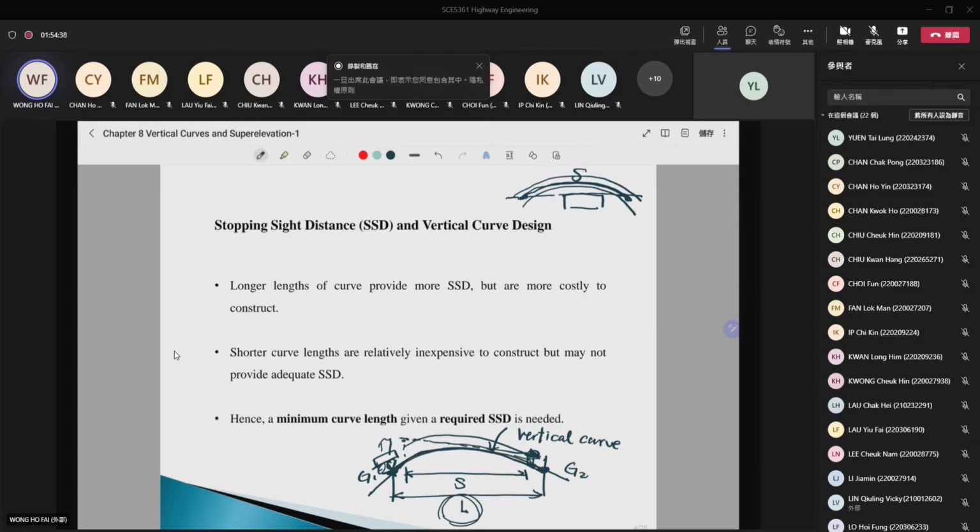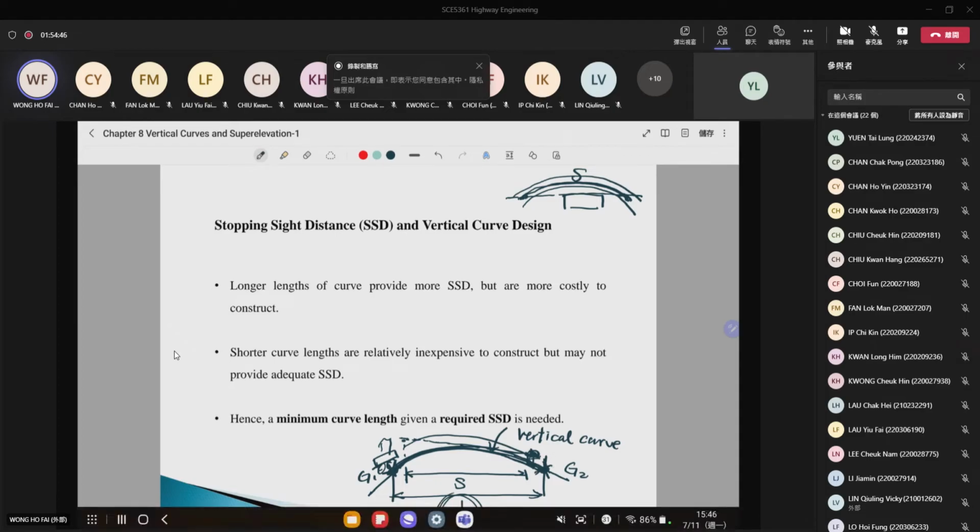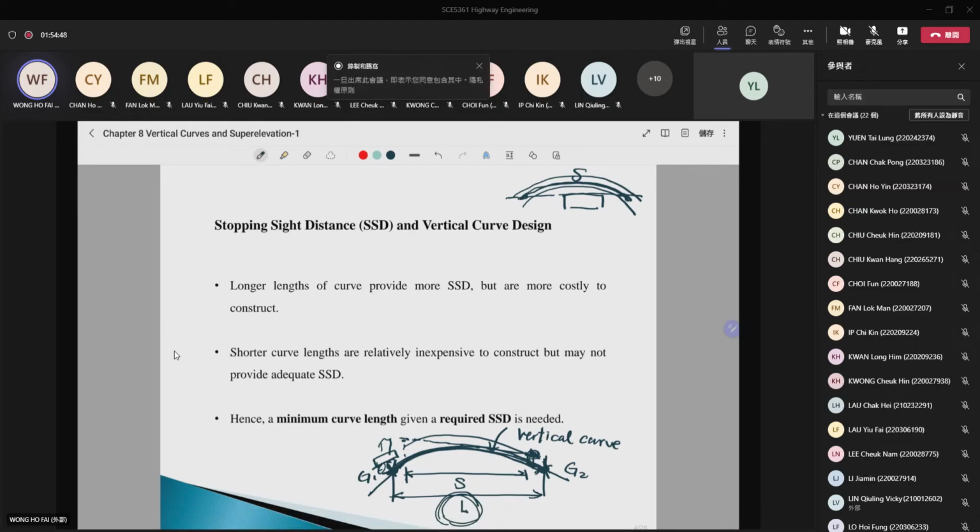The start of the vertical curve and then the end of the vertical curve, this is what we call the length of the vertical curve, and it should be equal to the stopping sight distance. So this length should be equal to the stopping sight distance. Okay. If it is equal to the stopping sight distance, then you can stop your vehicle and avoid the